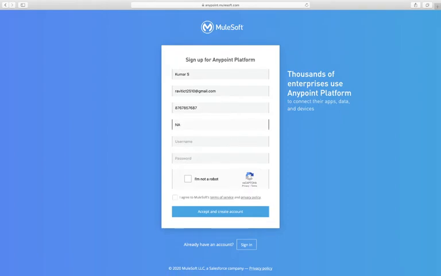If you are a student you can give NA. Then the username, which must be unique, so I will use my email ID's initial characters. Okay, let me check. I will add some more numbers.